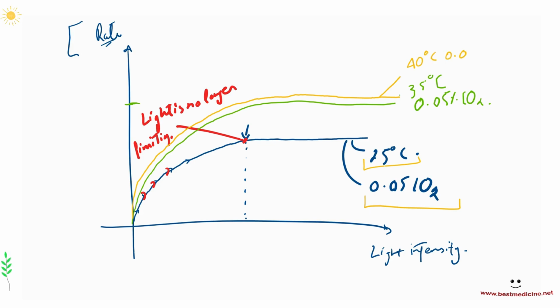40 degrees Celsius, right? And 0.05% CO2. So in this case, I probably assume that temperature is not what's limiting the concentration here, or the rate of photosynthesis here. So it could be CO2, right? Because we haven't changed this. CO2 is still 0.05. So I keep the same conditions, but now what I do is I increase the CO2 concentration. And this time, when I increase carbon dioxide, the rate just goes up